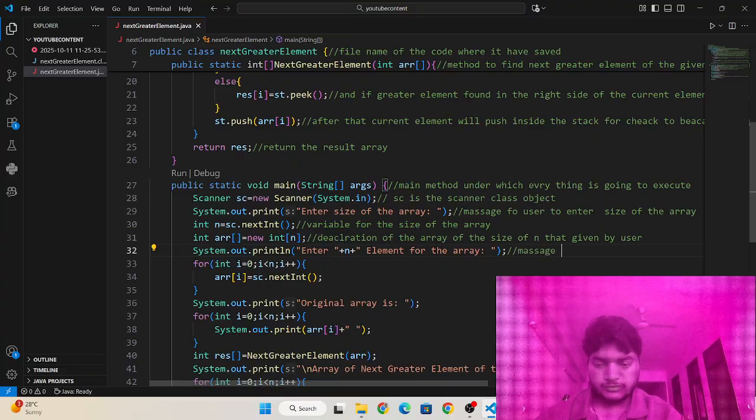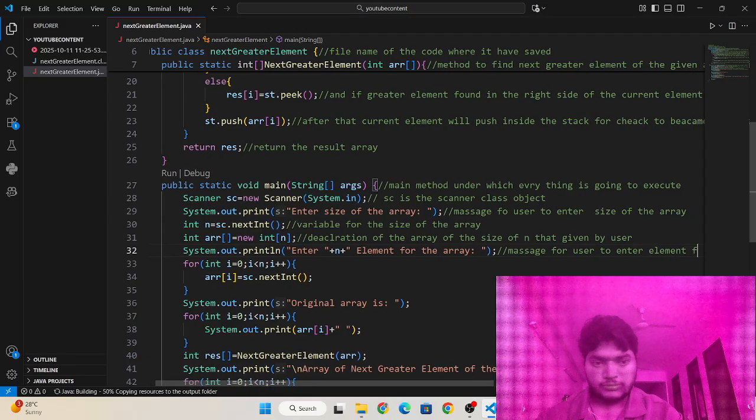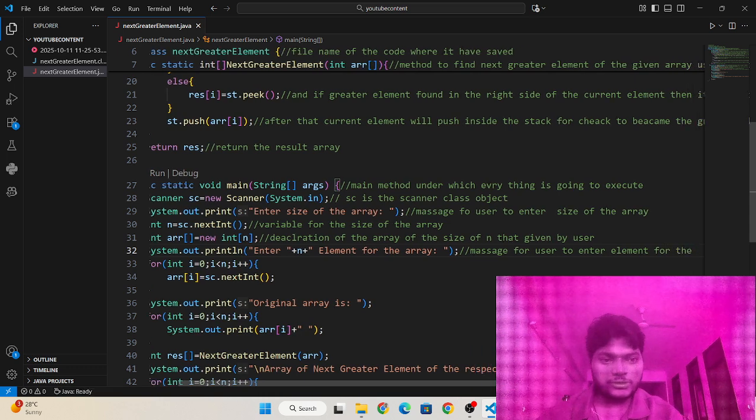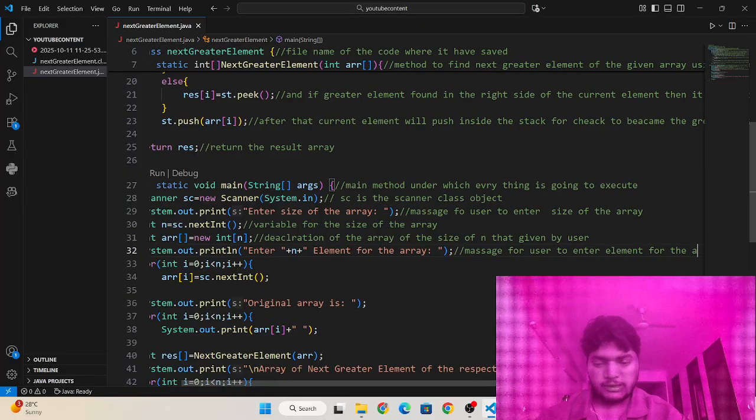a message for the user to enter elements for the array.